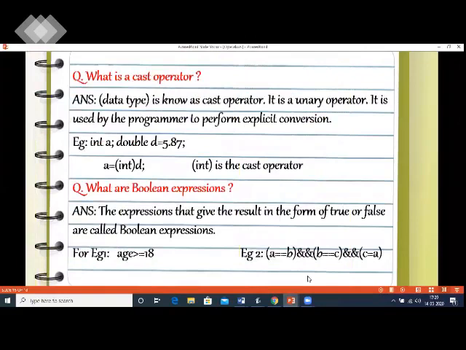Okay. Next we come to, already you know now, what a cast operator is. Within brackets, a data type is known as a cast operator. It is a unary operator. It is used by the programmer to perform explicit conversion. What are Boolean expressions? The expressions that give a result in the form of true or false are called Boolean expressions. Like age, you enter any age. If greater than or equal to 18, it will give a result true. If not, less than, not greater than 18, it returns the result as false. Similarly, you can see over here, relational operator and logical operator together have been used and